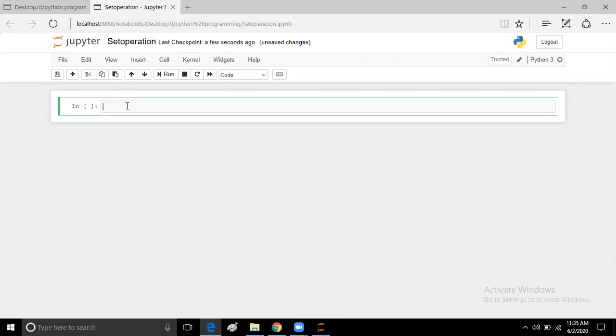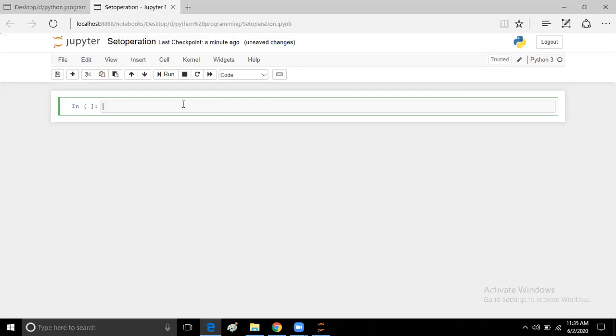Now first I want the complete definition to implement the program. In the first line here you can observe these options: code, markdown, raw, nb convert, and heading. The first line of my editor should show the definition.